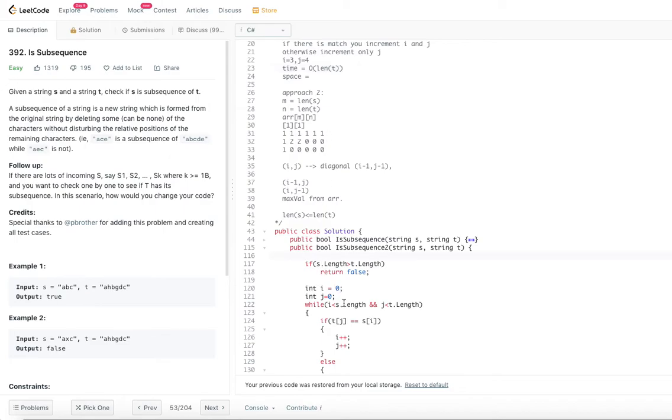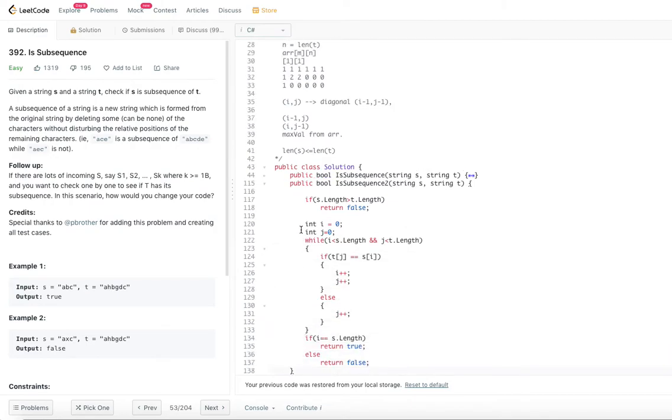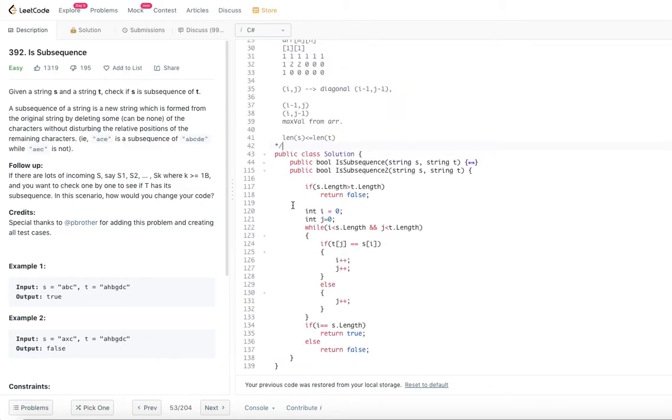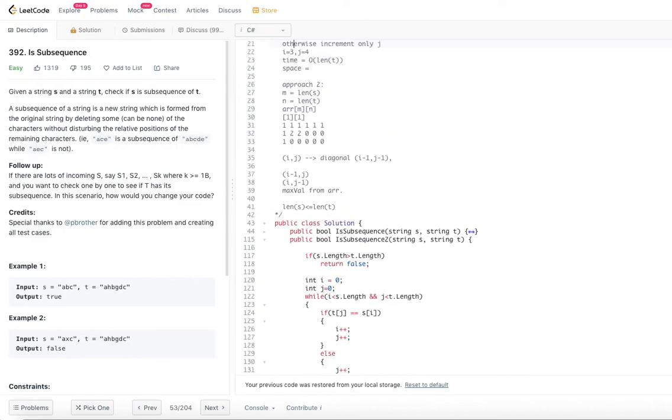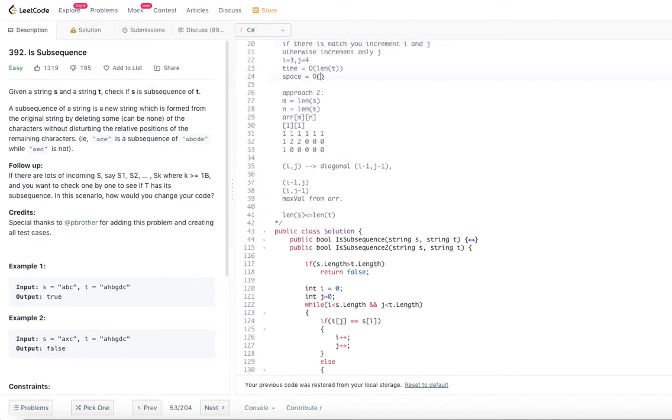And let us go ahead and look at the space complexity. Are we using any extra space here? We are using a couple of variables s and t, but other than that we are not using anything. So irrespective of the length of s and t, the space complexity is constant. We will say this algorithm for approach 1 will take order of 1 space complexity.